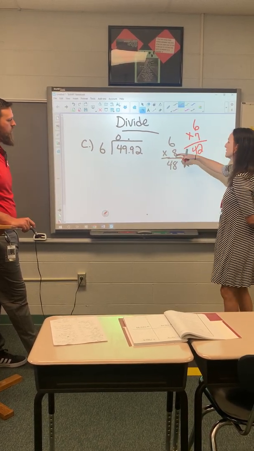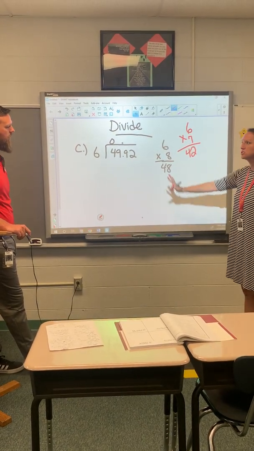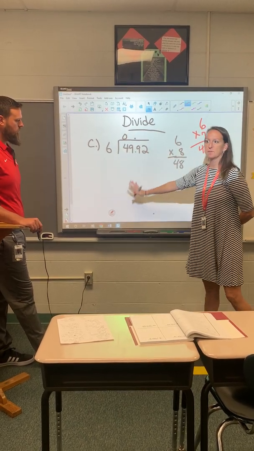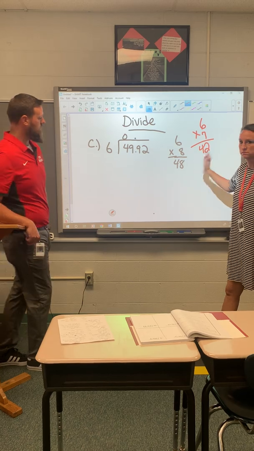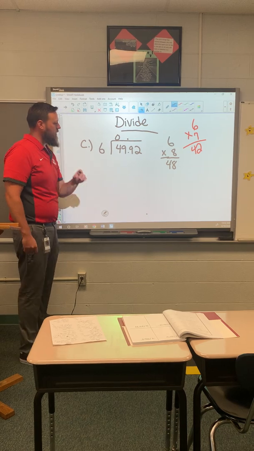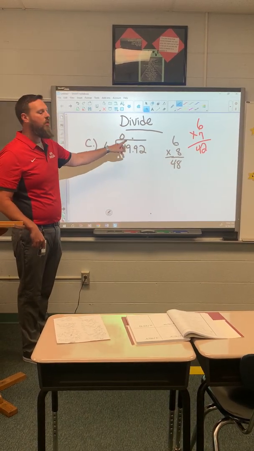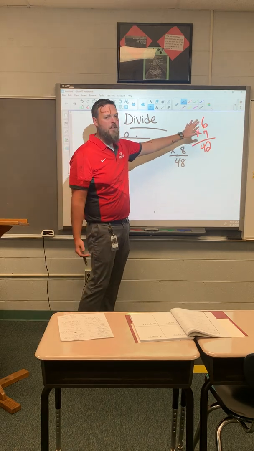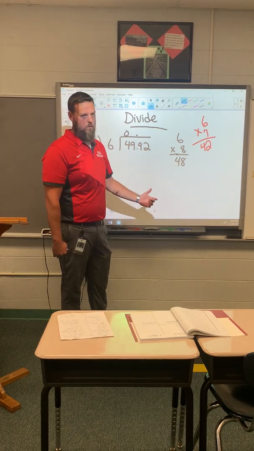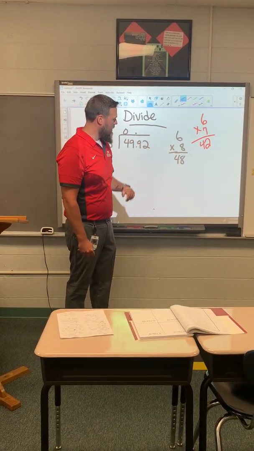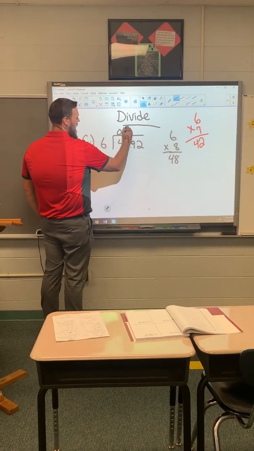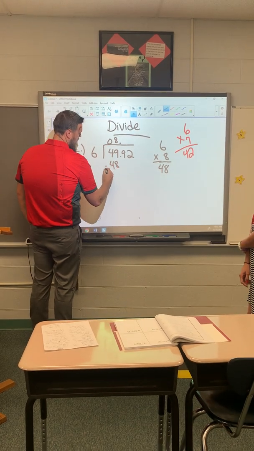I don't need to erase it. You can have a scratch page somewhere. There's nothing wrong with that, okay? This work needs to be neat, okay? But you can have a scratch page where you do all kinds of different math facts. And when I looked at that, I thought I could get closer. It's basically a guessing check. If I think it's 7 and I get 42, and I think, well, maybe I can get one more 6 in there, do 6 times 8, okay, that is closer, and I'm not over yet, so that's perfectly fine. You can have all this stuff going on. So I put my 8 up here, 48 here, subtract, I get 1,